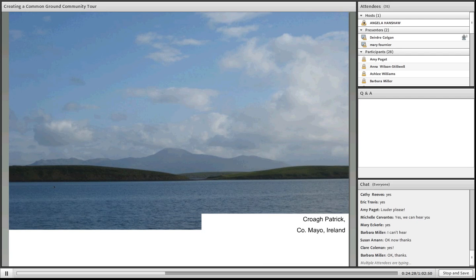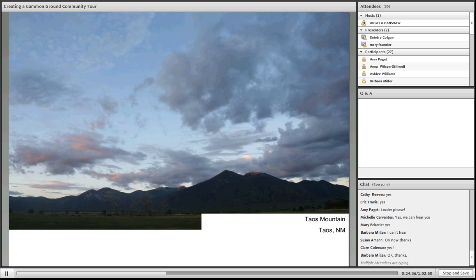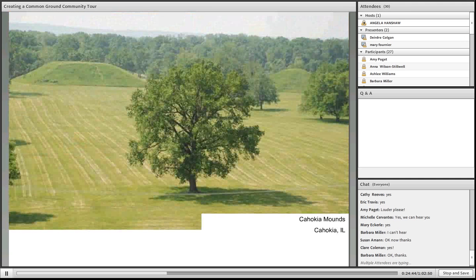It's a pilgrimage mountain, and still every year on the 17th of March, which is St. Patrick's Day, people walk barefoot up Croagh Patrick. So it's similar in a way in my country as Taos Mountain is to the Taos Pueblo Indians in New Mexico. Here's another kind of site, a very formal traditional site that used to be a huge city, and now